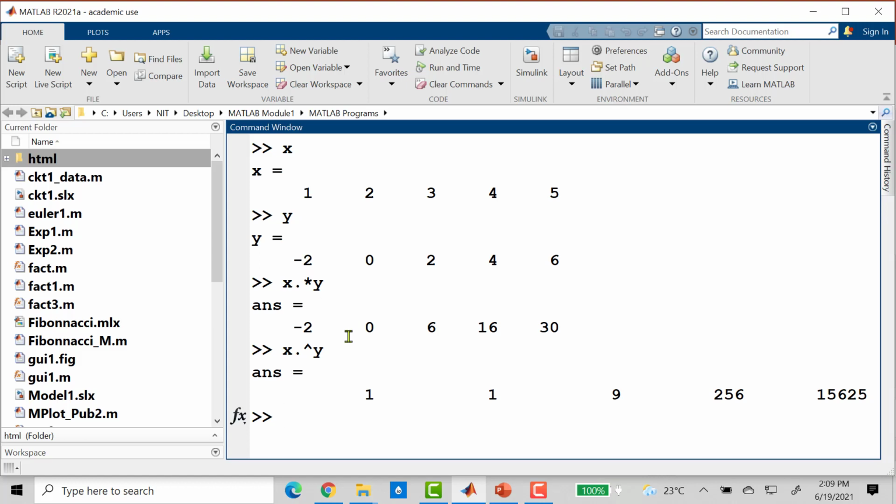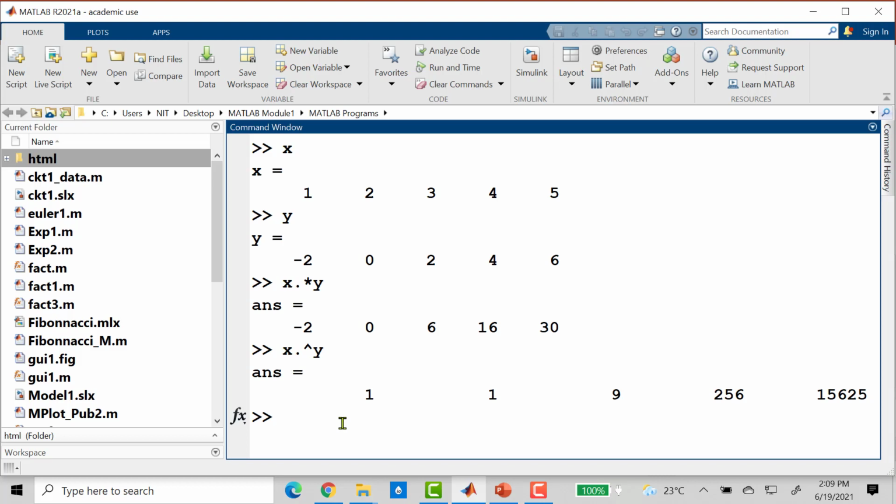So 1 to the power -2 is 1, 2 to the power 0 is 1, 3 to the power 2 is 9, 4 to the power 4 is 256, and likewise. This dot power is element by element power, and this dot multiplication is element by element multiplication. This is the use of the dot operator. So it's a very handy tool.